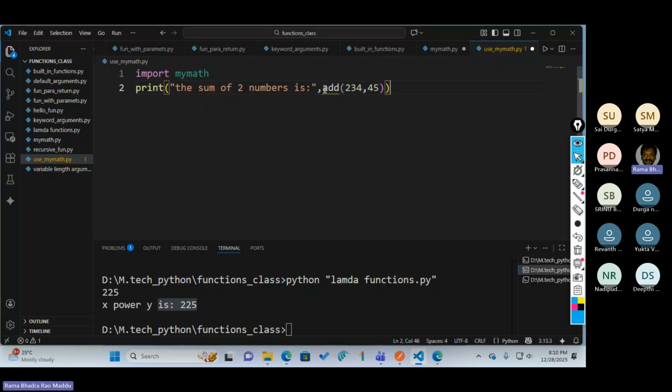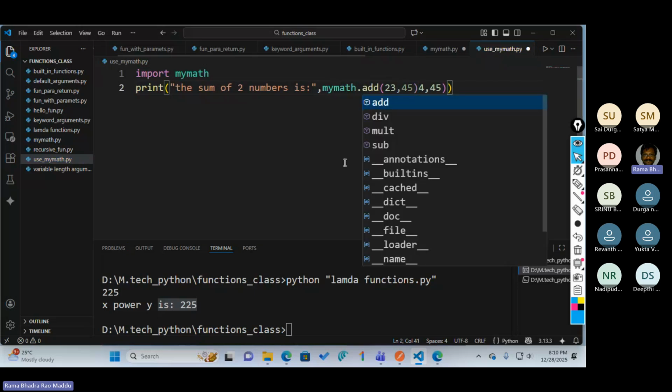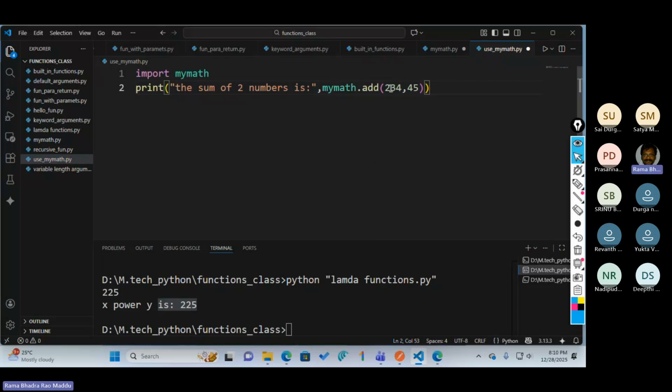Actually, add is not a function available in this program, but it is available in mymath. So I can use mymath dot add of. Very clear, I can use the functions written in another file by importing them.